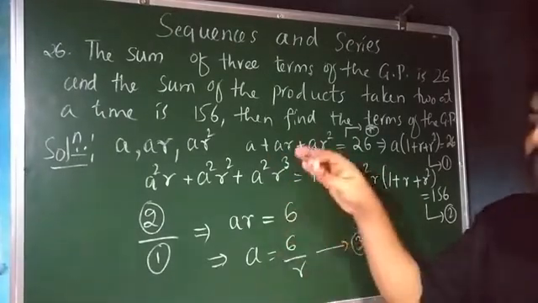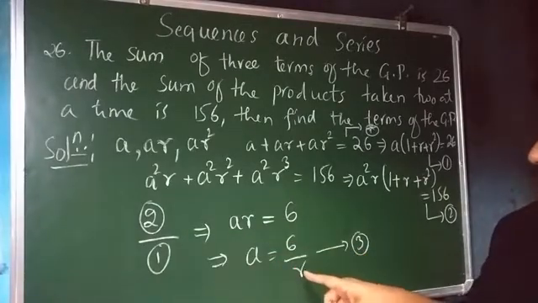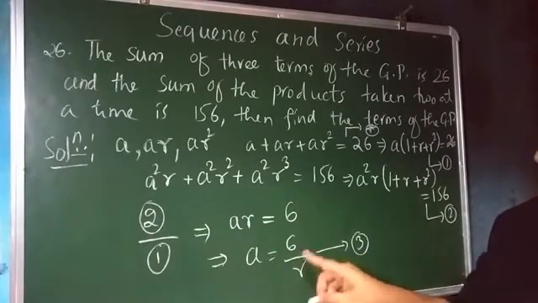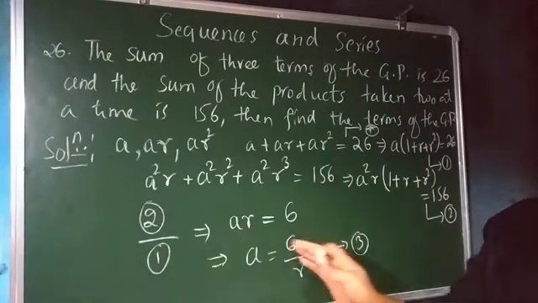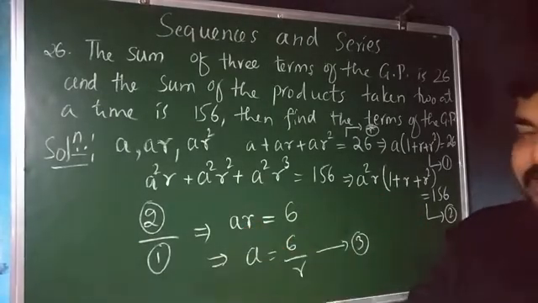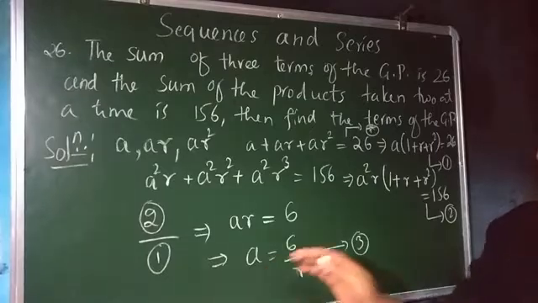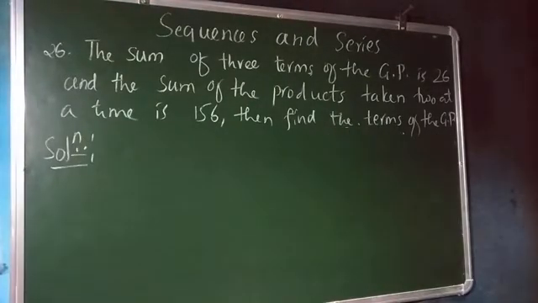I hope all of you understood up to here. In the next part our motto is to find out the possible values for the common ratio for this particular GP, and try to find out the first term, and then utilizing the concept of first term as well as the common ratio we will try to find out the required terms of the GP. I hope all of you understood the solution up to here. Let me continue the rest part of the solution of this particular problem.